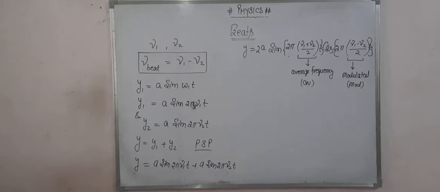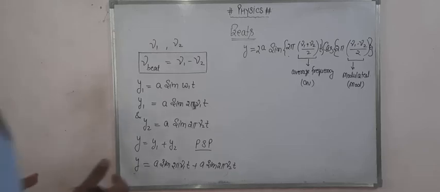So you can see the sine term represents the wave and the cos term is involved with the amplitude. As the cos term changes, the amplitude changes, because 2a cos 2 pi nu1 minus nu2 upon 2 times t is the amplitude of the resulting wave that you obtain here. So with the help of this cos, we can calculate the maximum and minimum values. For plus 1 we get the maximum in the positive direction and for minus 1 the maximum in the negative direction. And at 0, what value will we get? Exactly, we get 0.